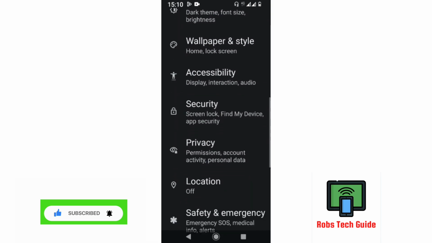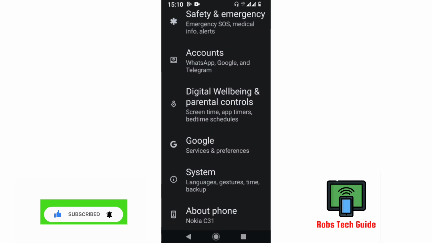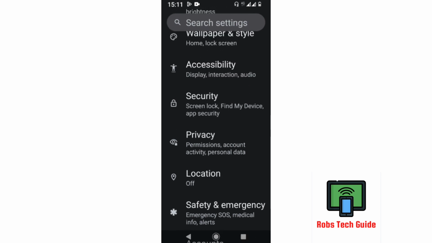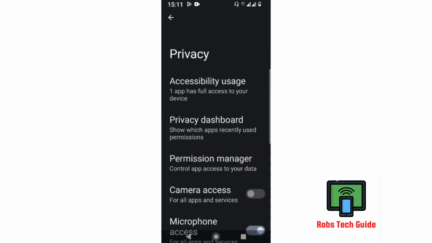settings. Then come to what we call privacy, where you are seeing permission, account, activity, and personal data. So we open there,